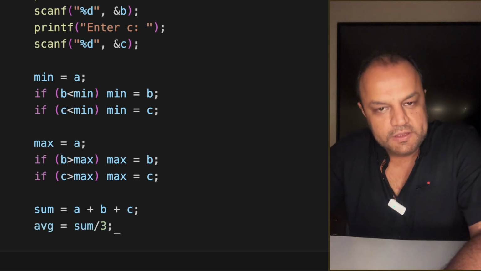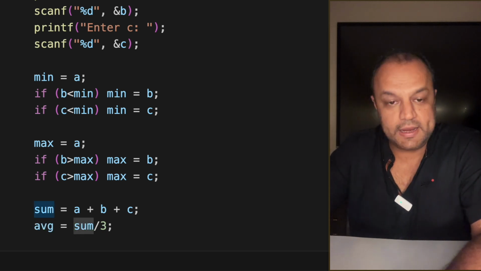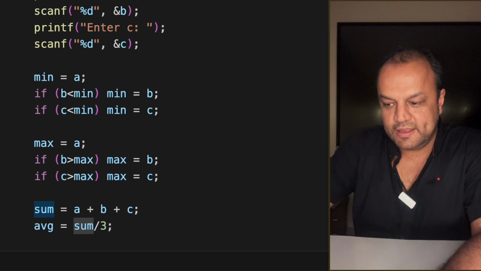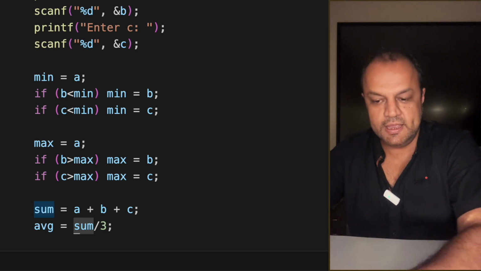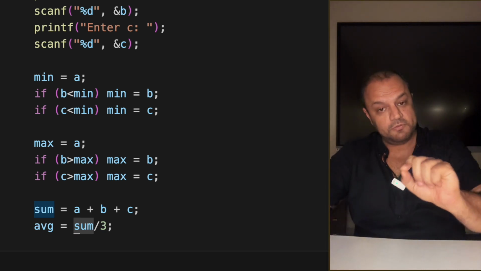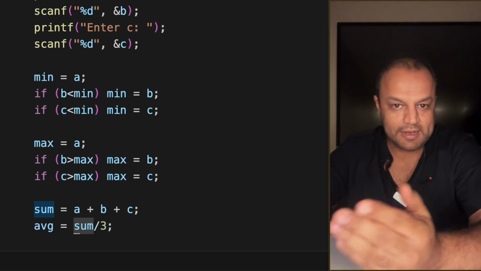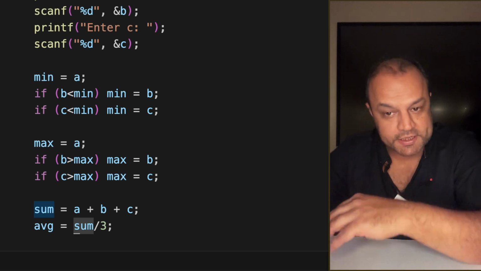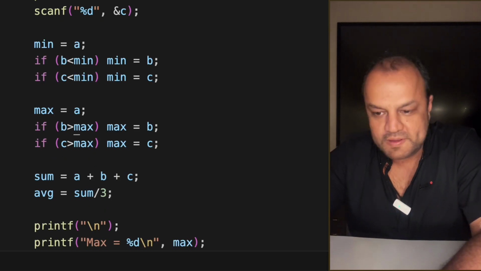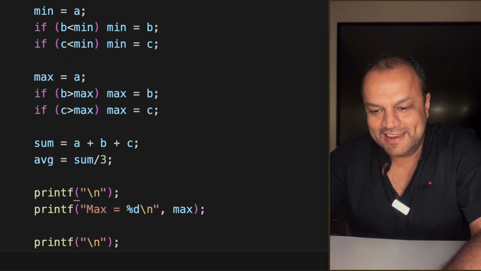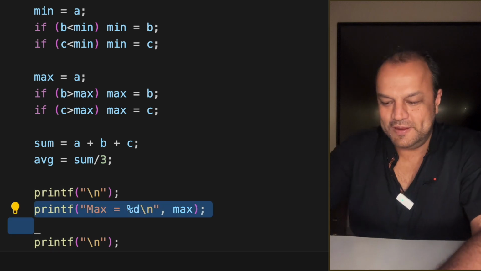Again, I'm saying if these were floating point numbers, you would be writing, all of the others are int, so you'll be writing a float in brackets, that's typecasting, and then you will get the exact average with the point. If you want the average without the point, like integer average, the part before the fraction, then you just take all of them as integers, the way we have taken it. And now, displaying the results, display all the 4.